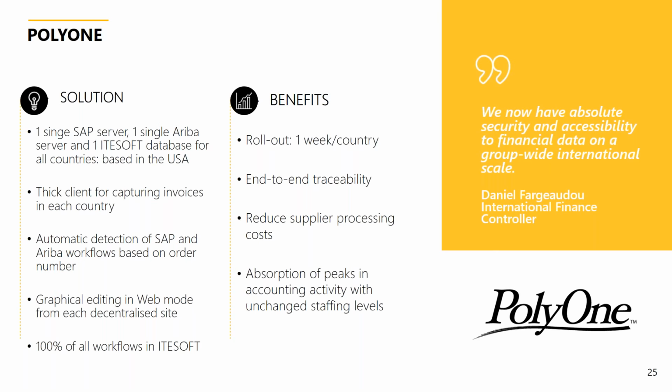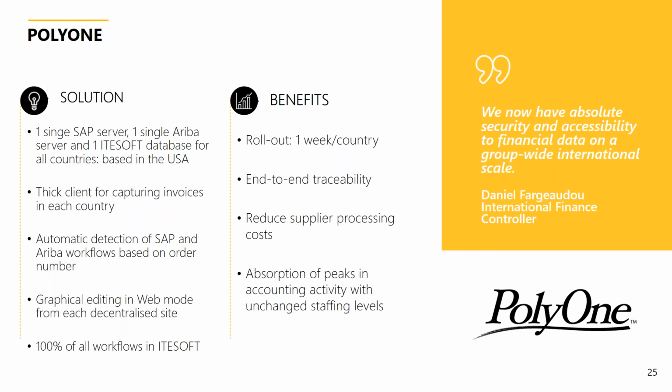So what have they been able to achieve from that? Well, one of the first things that they did was to put in place a single ERP application. So where they had multiple versions of both SAP and Ariba, they brought that down to one. And they then use one version of our software globally across the organization. And because we are web-based, it makes no difference to their organizations. We actually have it installed in the US on the data centers over there.